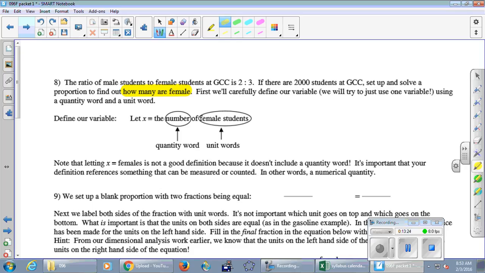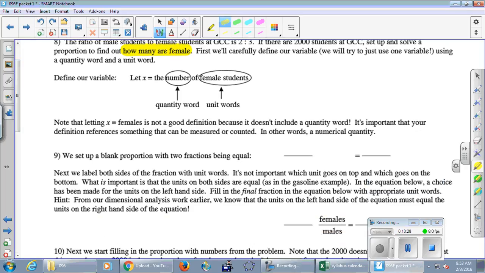Good? Okay. Next thing here in the note, it says letting x equal females is not a good definition. If you are defining an x, it is a numerical thing. Females are not numerical things. There are lots of characteristics you can measure. Even if you just say females, oh, you understand, I mean number of females. It's like, no, are you talking about the average height of the females? The weight of the females, the age of the females? Well, there's a lot of things that you can quantify about people. What you are trying to do is count them. And so you got to be explicit. Number of females, not just x equals females.